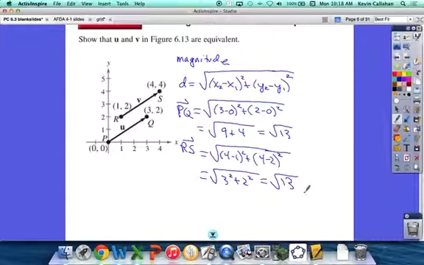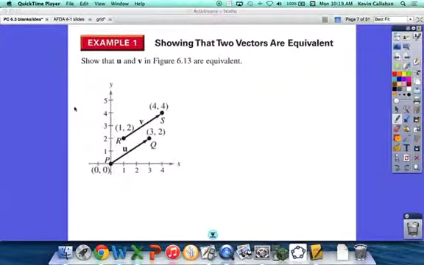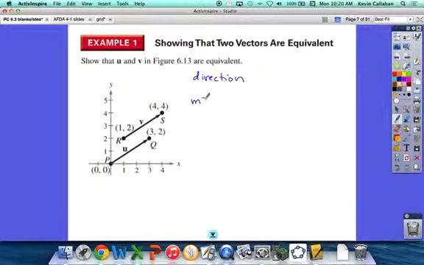Now, what can we measure to determine whether they have the same direction? Slope, right? So now we'll do the same thing with the slope to see whether they have the same direction. So for the direction, m equals y2 minus y1 over x2 minus x1. So I'm going to do it like this. I'll say m, and then in parentheses,